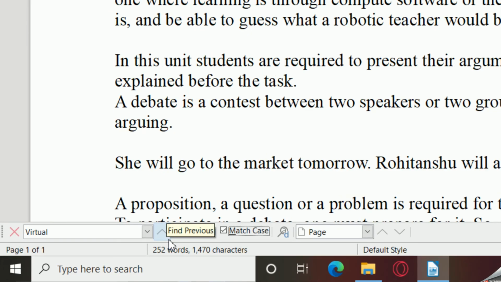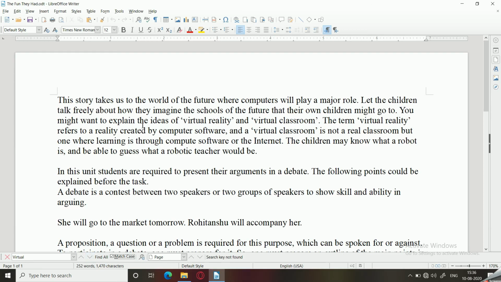For finding the options also you can see Find Previous and Find Next. If you click on Find Next, you will see search key not found, because this document mainly contains virtual written in small letters. And if you want to replace any word, you can press Ctrl H,